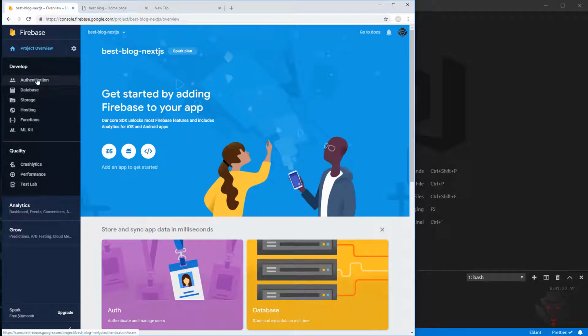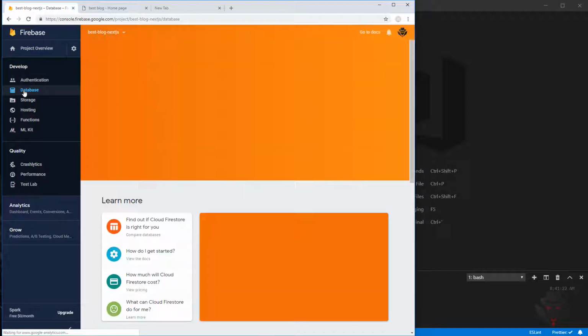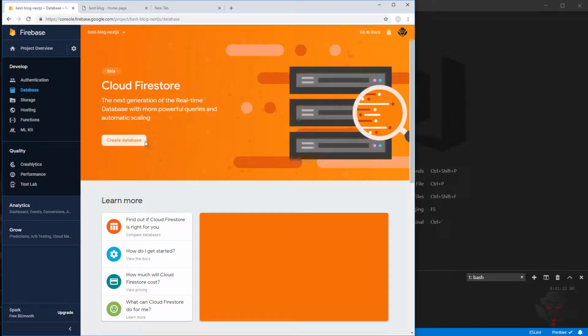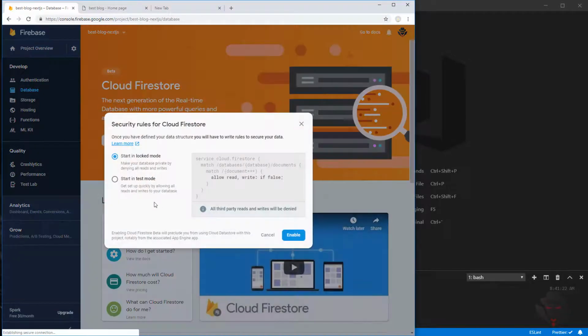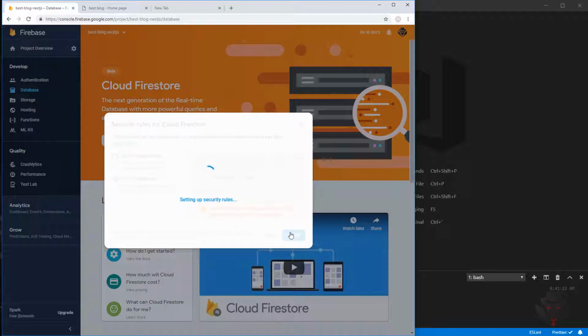We are going to work with the authentication database. At the moment we don't have any database. Let's just create a database. And because we're going to just do it for development, we're going to use test mode. So test mode means anyone can read and write. In a lock mode, they should be authenticated if they're going to write, probably, and if they're going to read, it's okay. So we're going to use test mode, enable,